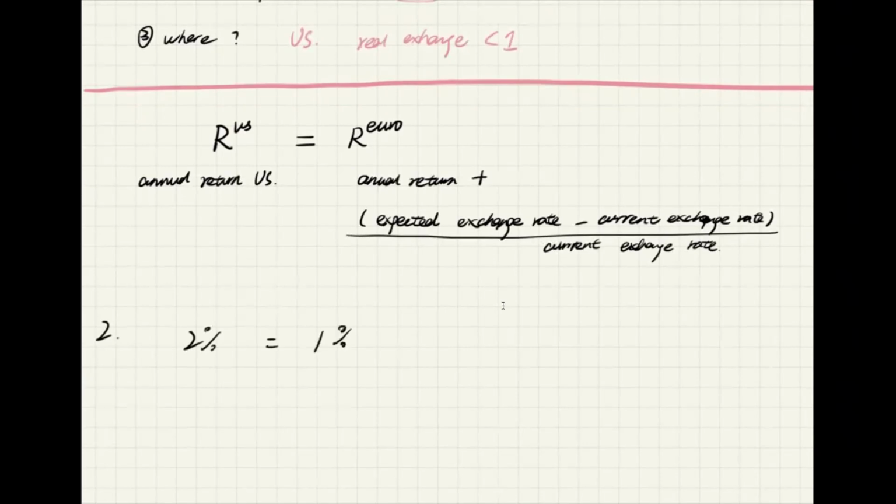And furthermore, assume that the expected exchange rate in the year is $1.1 equals €1. It means that the expected exchange rate would be 1.1, right? And the current exchange rate is only 1.08. Okay. And now if you use this equation,